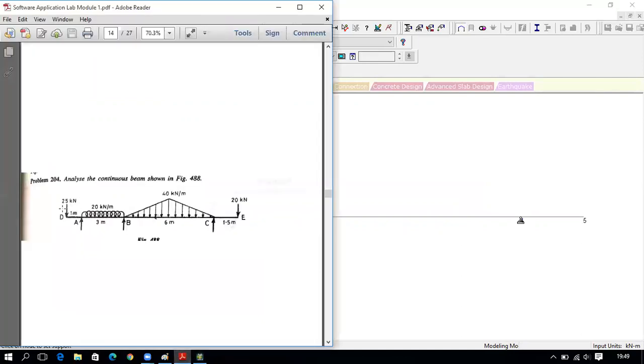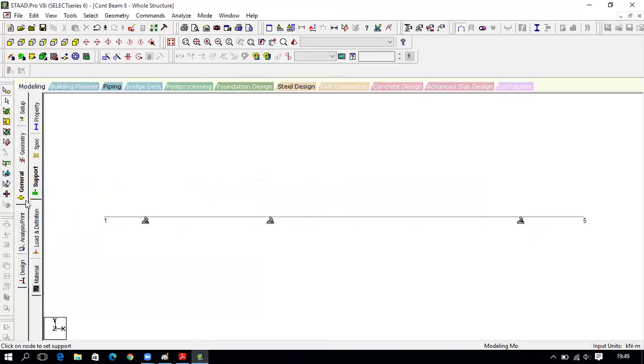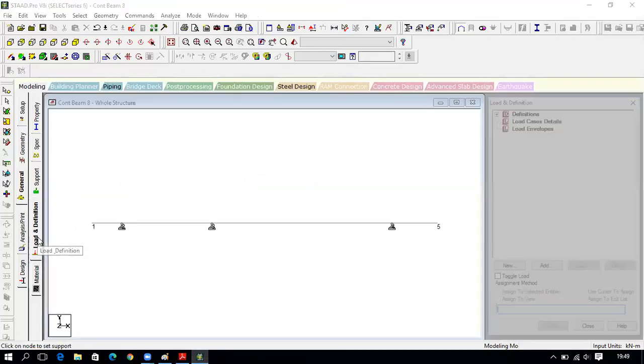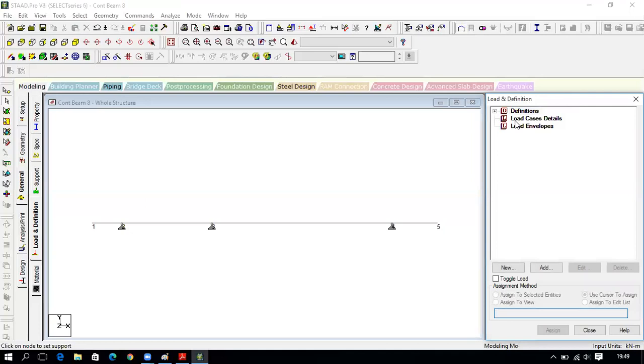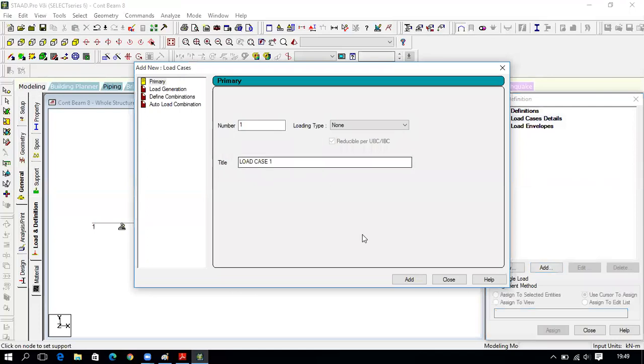Next, let us assign the load. This load is acting exactly on the node D, 25, and this load is acting exactly on the node E. This is acting downward, minus 25. This is also acting downward, minus 20. So let us create the loads. Click on loads and load definitions. Let's click on load case details. Click on add. Let's give the name as load case 1. Add, close.